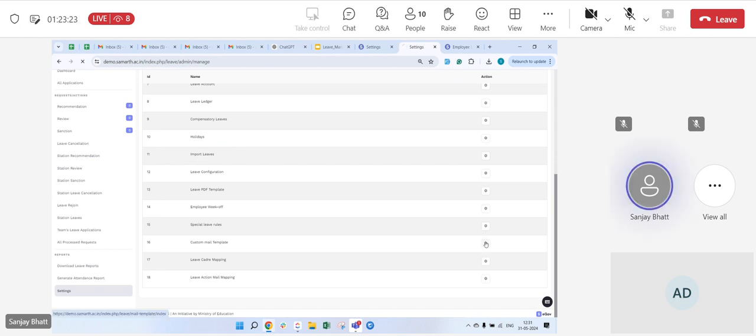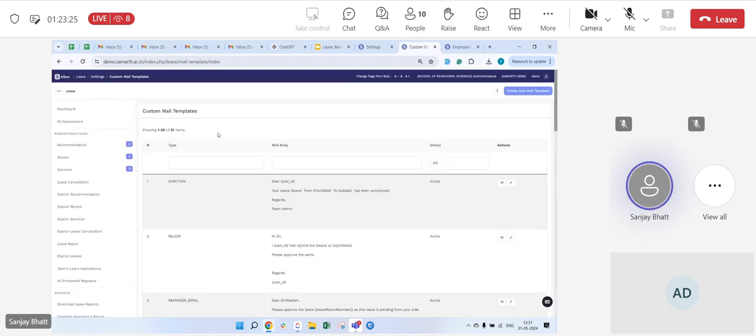The next option is a custom built template. While creating the leave rule, we defined an approval mechanism, where we defined that when any action is taken on the employee's leave, which authority will get notified, and what type of template will be sent to those authorities. Now the admin has the right to configure those templates. These templates are already predefined in your portal,